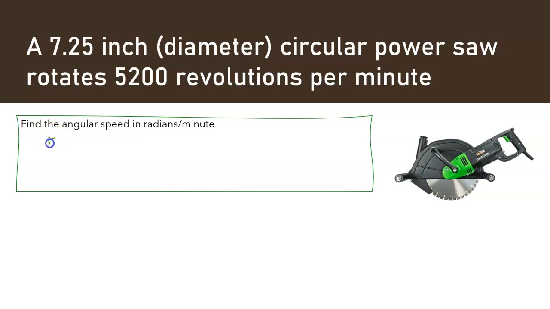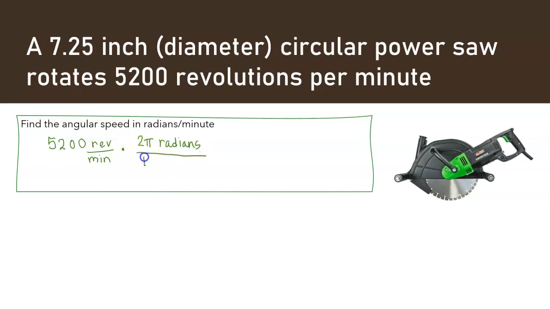So we're going to start with the 5,200 revolutions per minute that we were given. We would like minutes to stay on the bottom, and we would like to turn revolutions into radians. Well, in order for the saw to make a full circle, a full revolution, the saw is going to travel through 2 pi radians, because that's the angle measure around the unit circle. So it's 2 pi radians